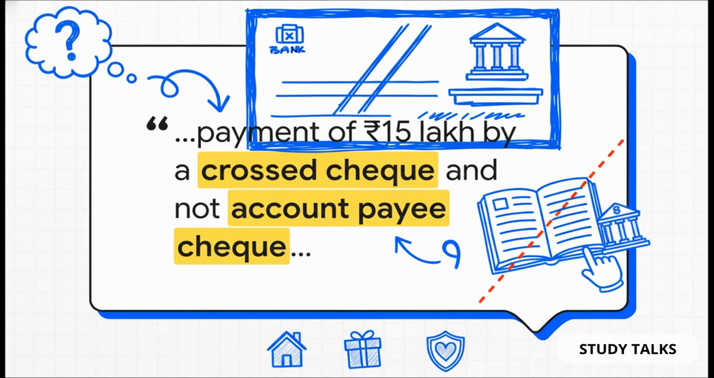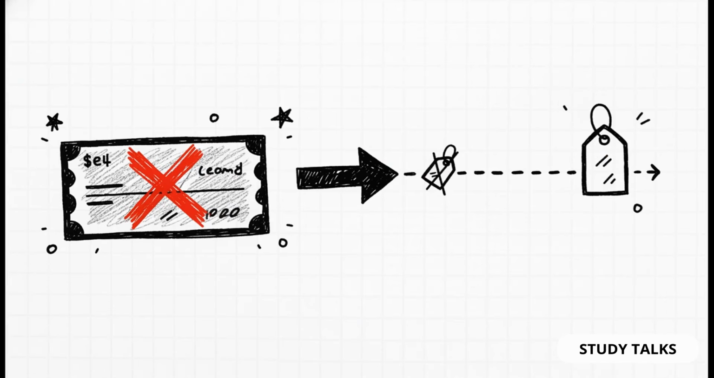It was not an account payee check. This tiny detail, crossed versus account payee, changes everything about how you solve the problem. So what's the big deal about that check? Here's the consequence. Because the payment wasn't made through a prescribed banking channel, like an account payee check, the seller